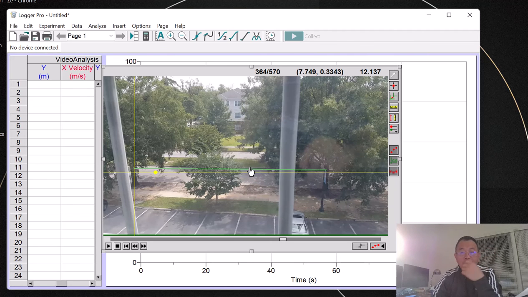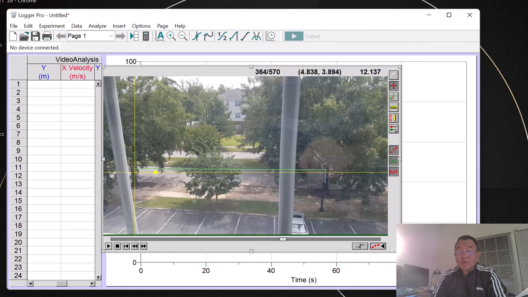Once that is done, the beauty of this system is you have this pointer, this cross. Every time you click with this cross, the video plays one frame. You know, a movie is made by a bunch of pictures. Each picture is one frame. A movie is nothing but a series of pictures that play continuously. So you take this, and every time you click once, the movie will go